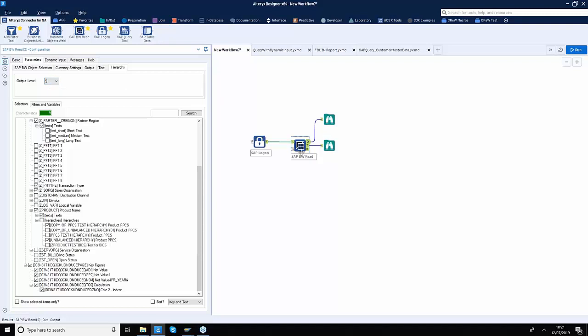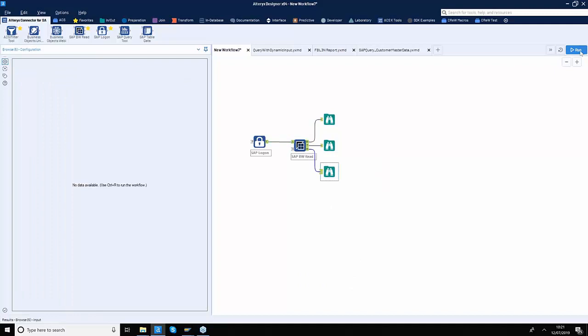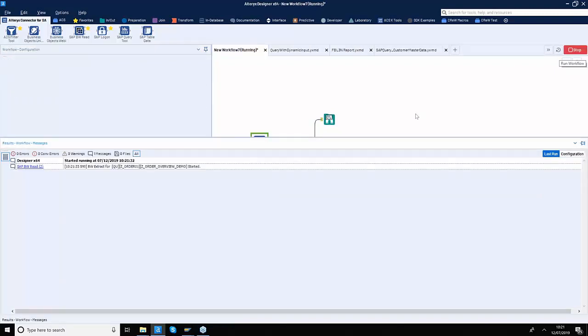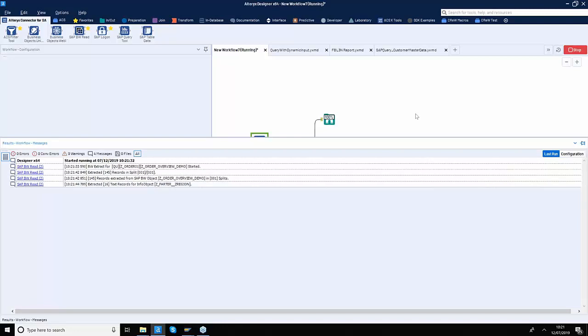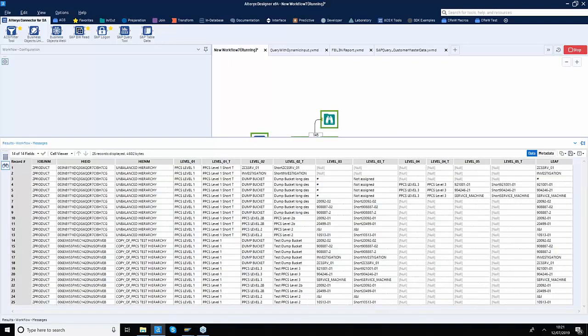And if I now put an output to the H tool here and click on the run button, this time we will not only get the actual data of the query, but we'll also get the master data text for two of the fields we selected and two hierarchies for the product field. All that data will be in tabular format. You can slice and dice that data right here in Alteryx, or you can publish that onto your visualization layer and use it there as well.